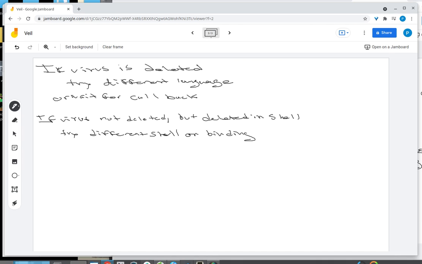So, for example, if you're doing the shell of Windows slash interpreter slash whatever, and that gets deleted,